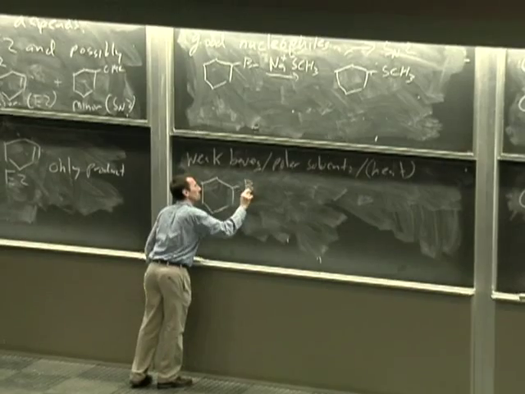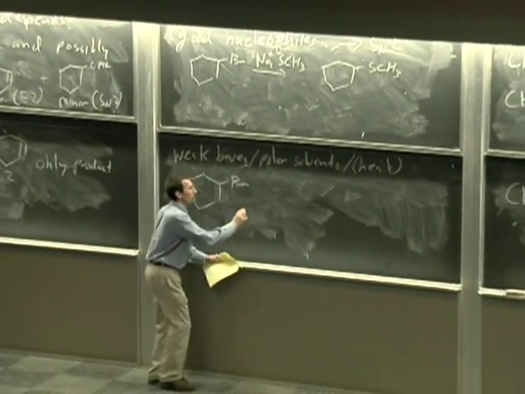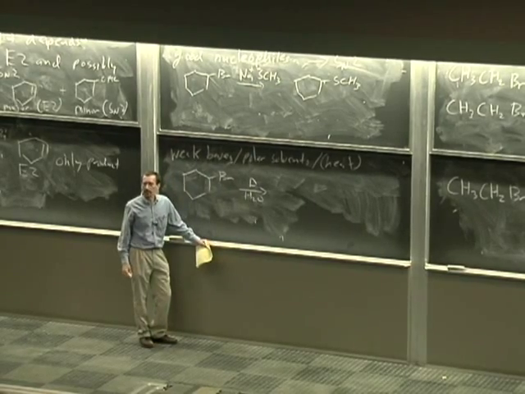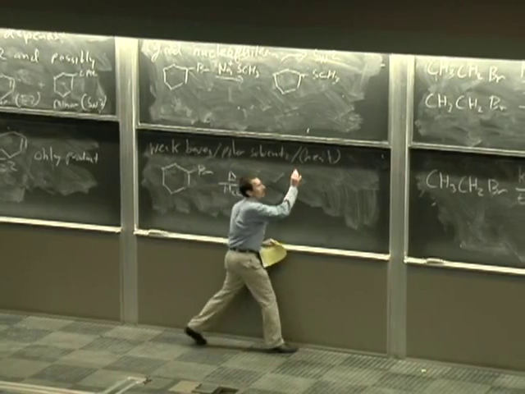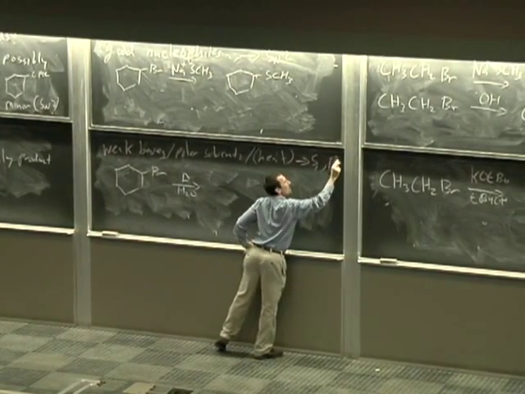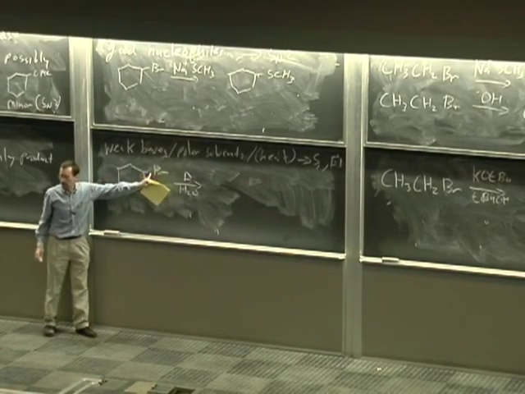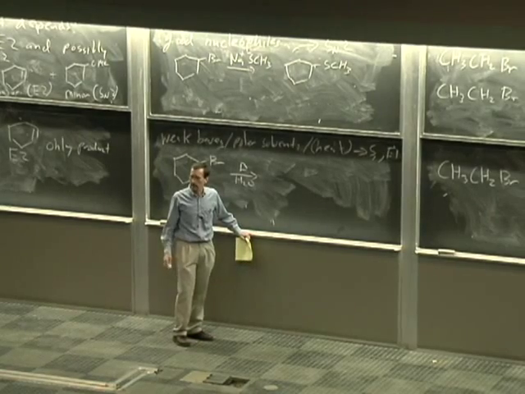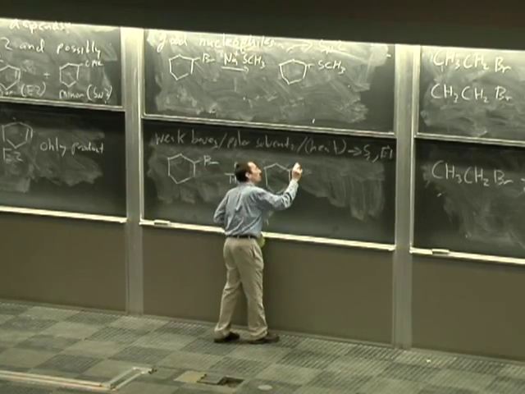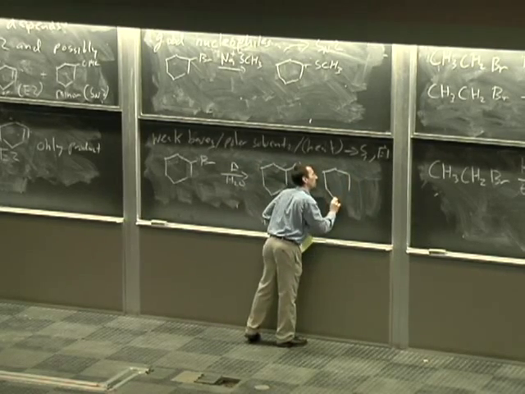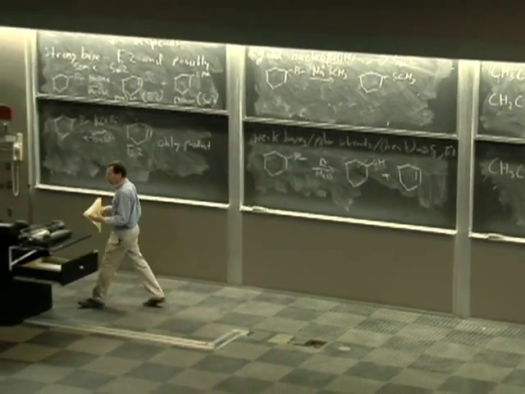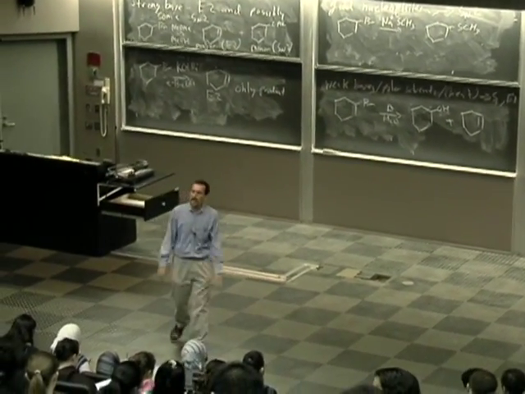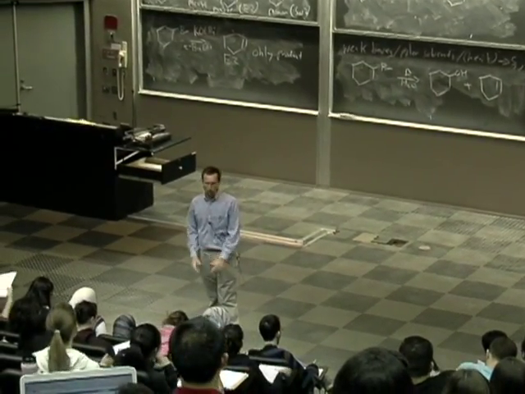So if we have something like tert-butyl bromide and we treat it with, say, water and we heat this, these are the types of conditions that give rise to carbocations. These conditions give rise to SN1 and E1 type products. In other words, these are conditions that lead us to ionize to form a carbocation and for it to then partition between SN1 displacement and elimination. All right, well that summarizes what I would like to say about SN2, SN1, E2 and E1. That brings us to the end of our course and to the final